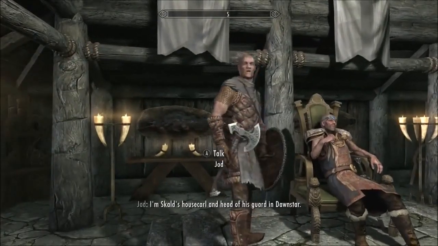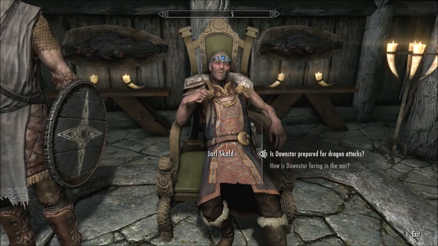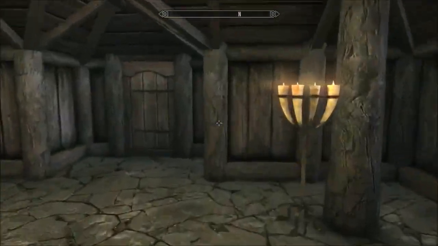Hi. I'm Skald's house guard and head of his guard at Not as Dawnstar. dumb as you look. How do you... All right. Blast it all. Blast it all. Maybe you...